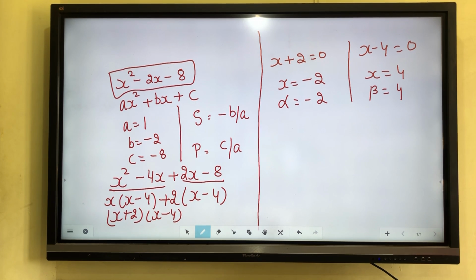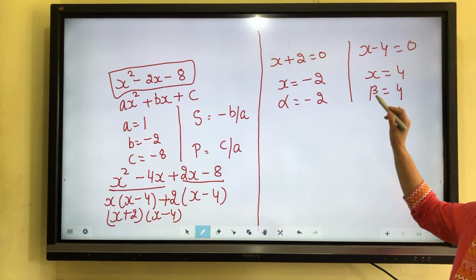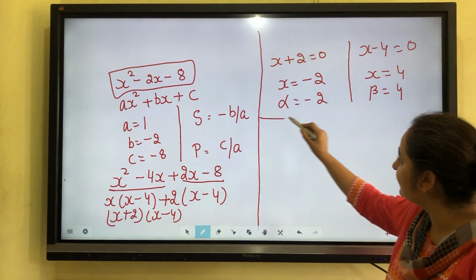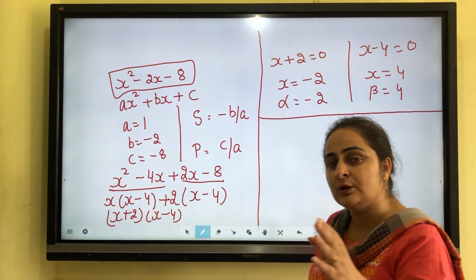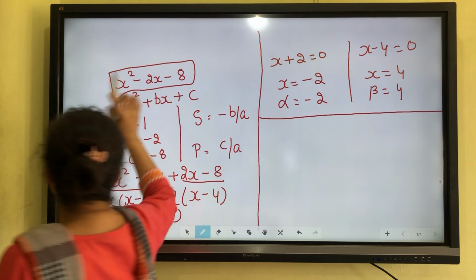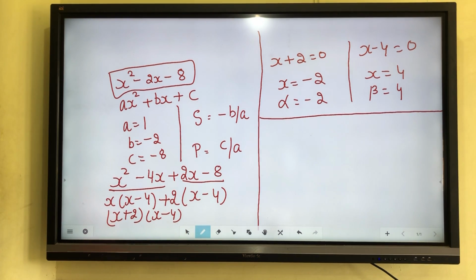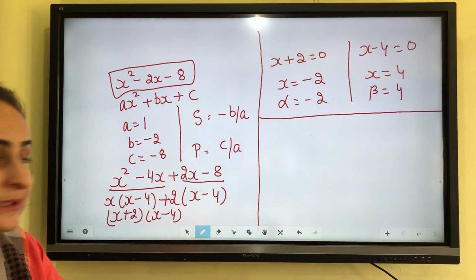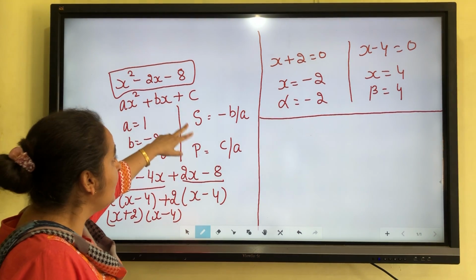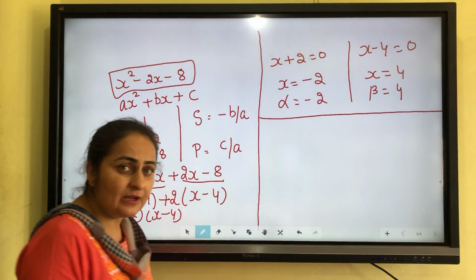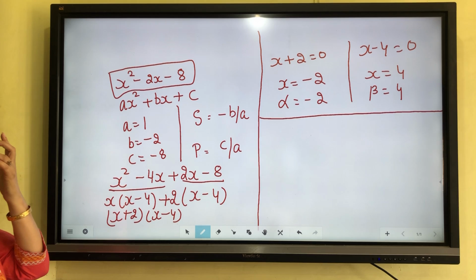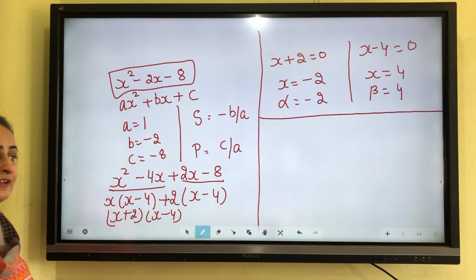Now you want to verify whether the result is true or false. How will you verify that result? For verification, we have to prove that the left hand side is equal to the right hand side. But in a polynomial, there is no left hand side or right hand side. But we have two things: one is the question, the relation in the question, and second is the answer. For verification, I am checking how to check.